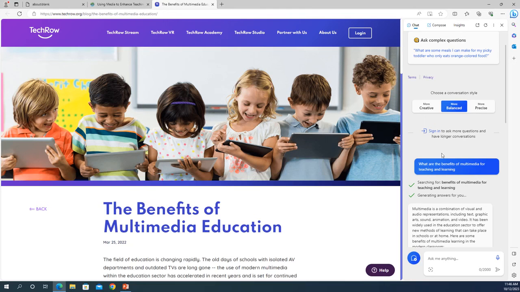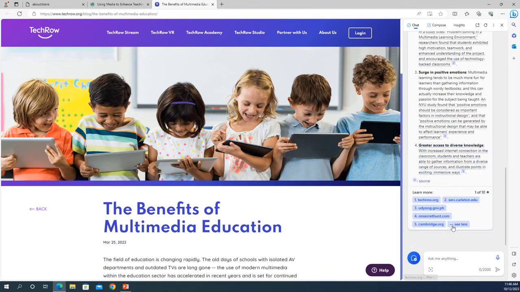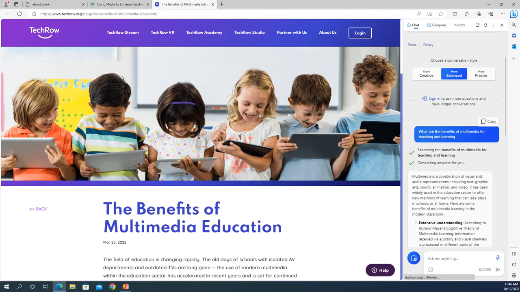So this was a very broad prompt that found us some answers, but if we wanted to get more specific, we could ask for a focus on the benefits of multimedia for, say, student engagement or other topics related to teaching and learning. So the more specific your prompt is, the different types of results that you can get.